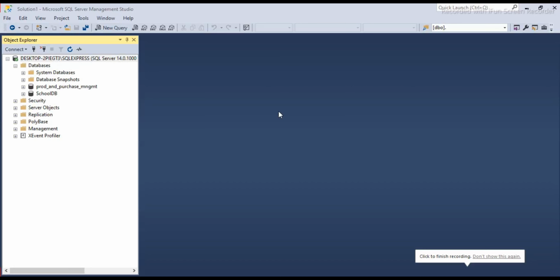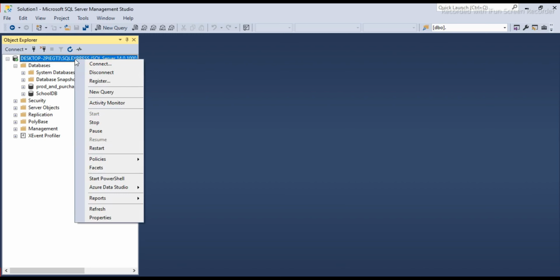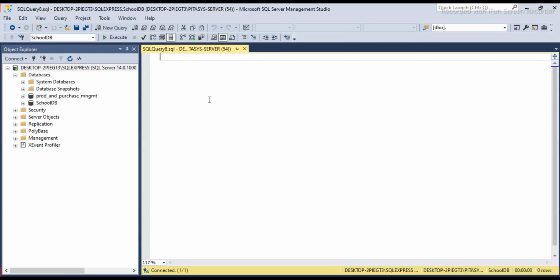We will use Microsoft SQL Server Management Studio throughout this tutorial for our practicals. Suppose firstly we will get a new query window. Now we will create a school database using the create database command. This is the syntax of creating a database using the create database command.